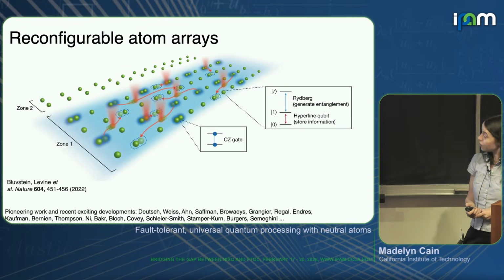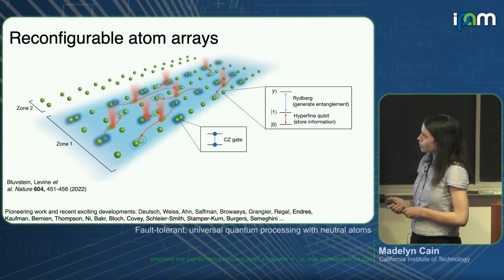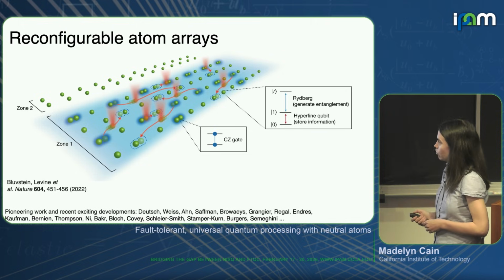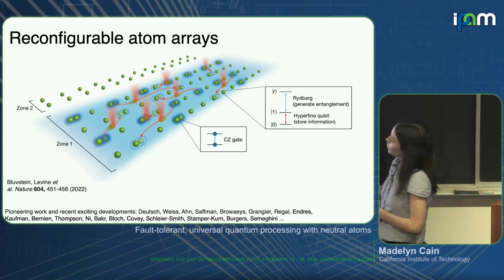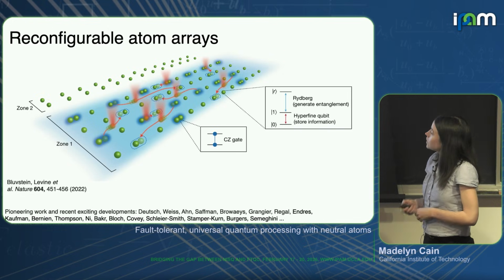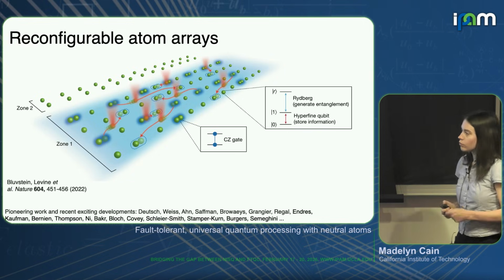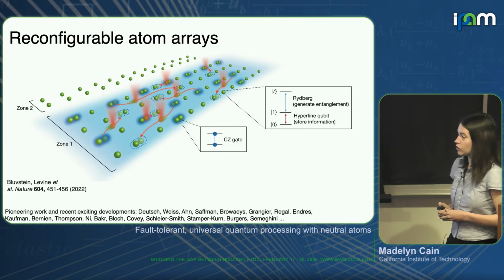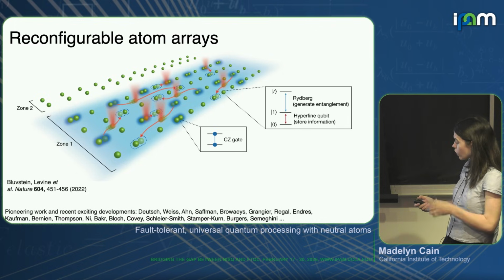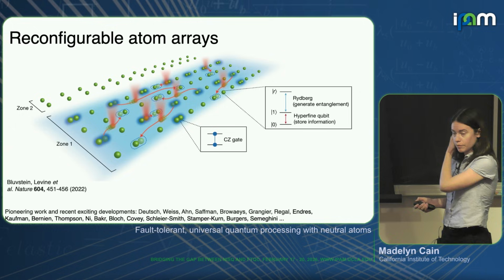In particular, the system I'll be focusing on is reconfigurable atom arrays. This is a schematic of the system that we had in my PhD at Harvard. You have rubidium atoms that are cooled and trapped in 2 dimensions. Each atom will represent a single qubit degree of freedom in the state of its outermost valence electron. In particular, we'll store information in the hyperfine ground states of the rubidium atom.